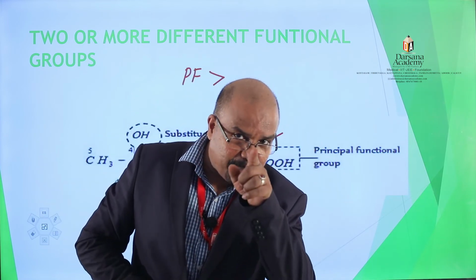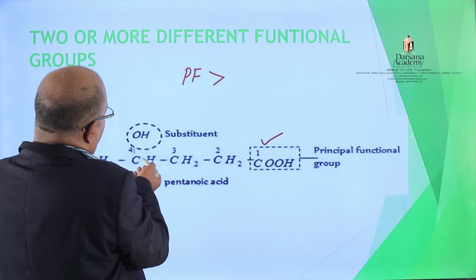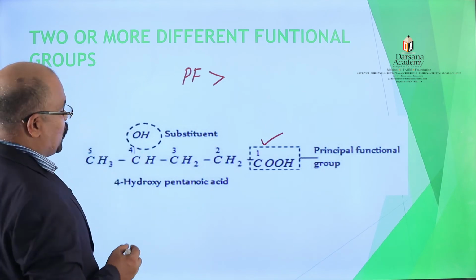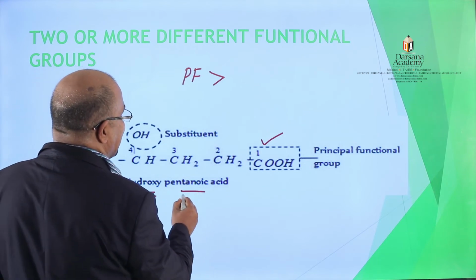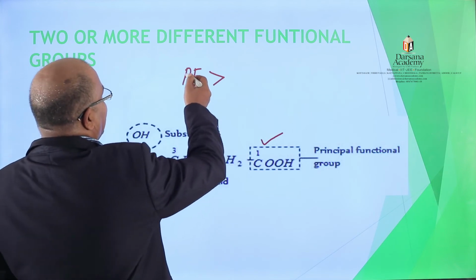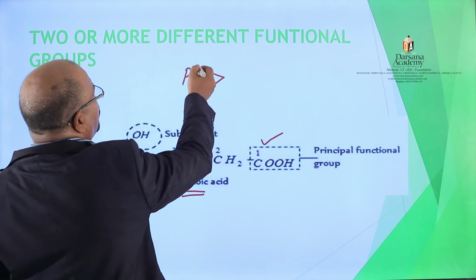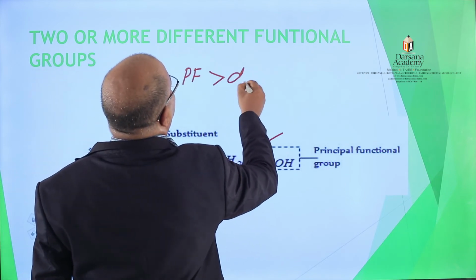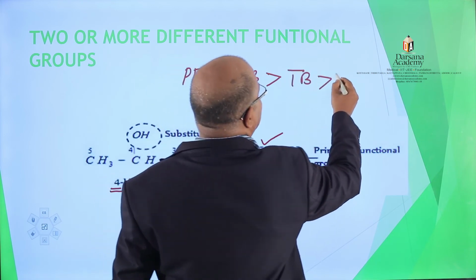When OH is coming as a prefix, the group is hydroxy. So the position of this hydroxy substituent is the 4th position. So the name of the compound is 4-hydroxy pentanoic acid. Totally we can say that if a compound has multiple or different functional groups, we always give priority to the PF, principal functional group, then to double bond, then to triple bond, then to